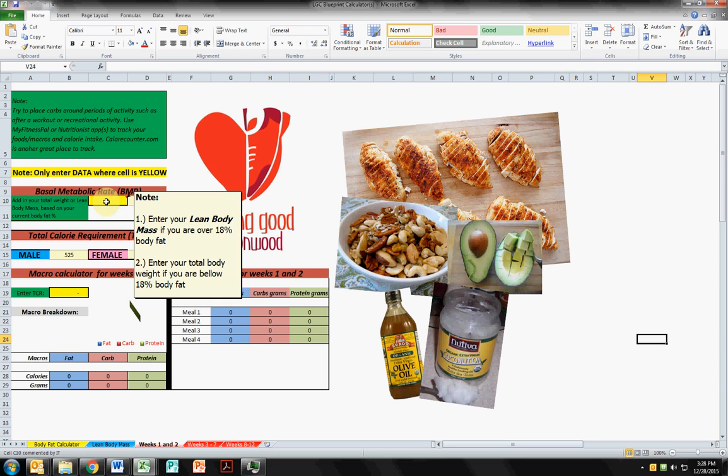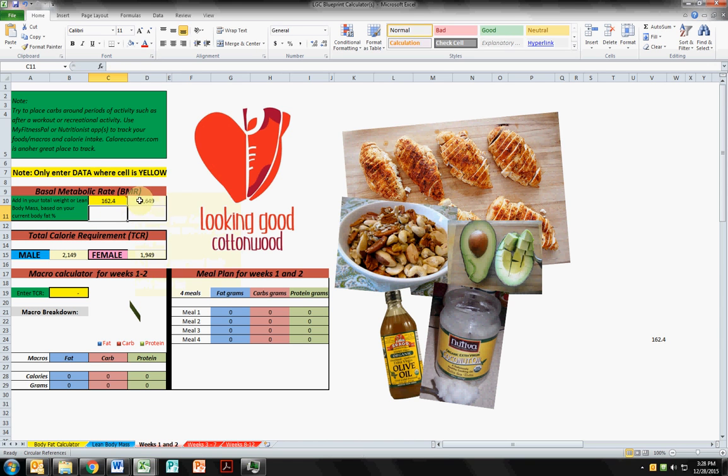For example, staying consistent with the last video, we're going to use the same male, 232 pounds and 30% body fat, with his lean body mass at 162.4 pounds. So we're going to enter this because we're above 18% body fat. 162.4, and hit enter. And then off to the right, you're going to see the BMR, which is right here, basal